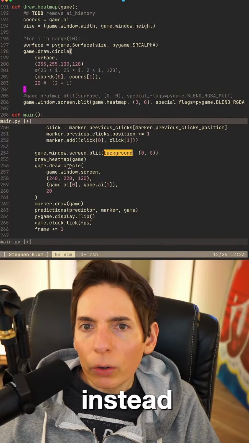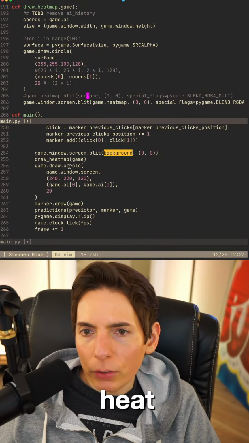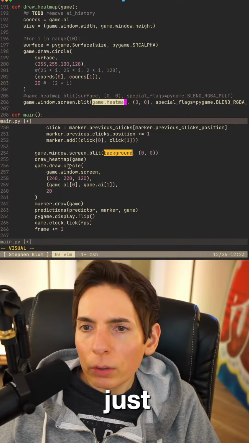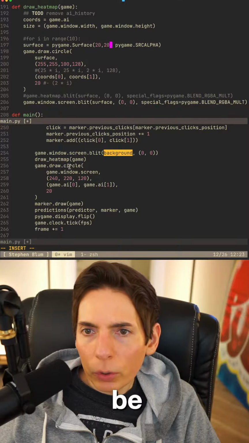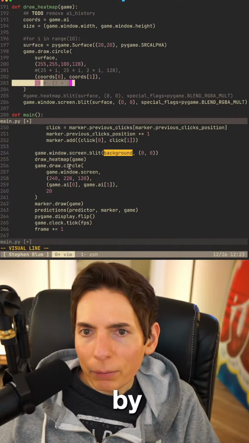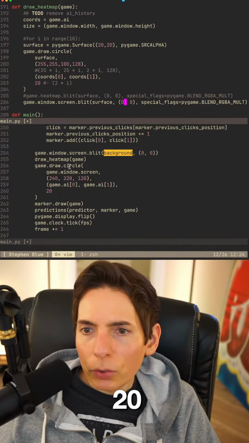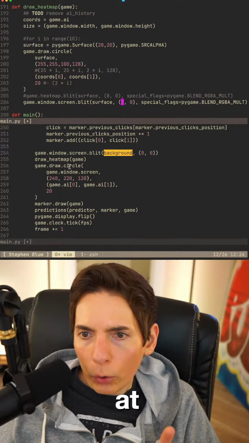What if instead we don't have a heat map? We don't have a separate heat map surface. And we just did this. And the size will be 20, 20, right? Because it's a 20 by 20 surface. And then we need to draw it at the coords.